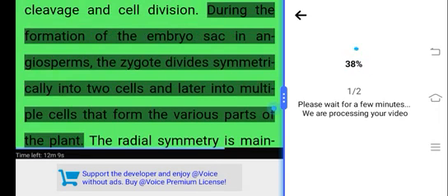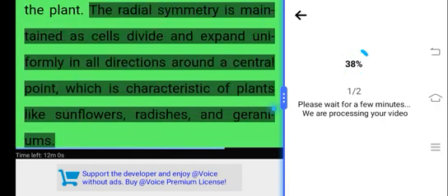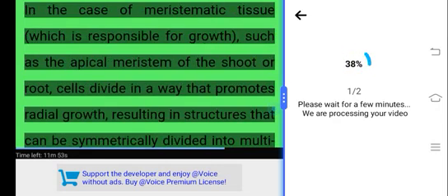During the formation of the embryo sac in angiosperms, the zygote divides symmetrically into two cells and later into multiple cells that form the various parts of the plant. The radial symmetry is maintained as cells divide and expand uniformly in all directions around a central point, which is characteristic of plants like sunflowers, radishes, and geraniums. In the case of meristematic tissue, which is responsible for growth, such as the apical meristem of a shoot or